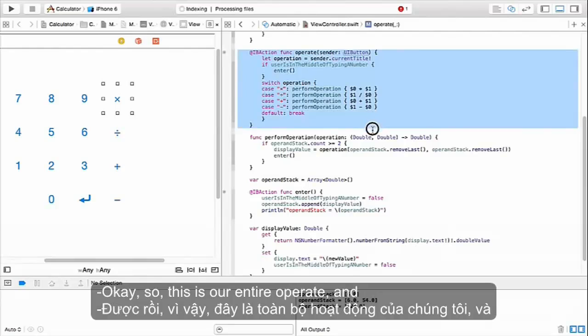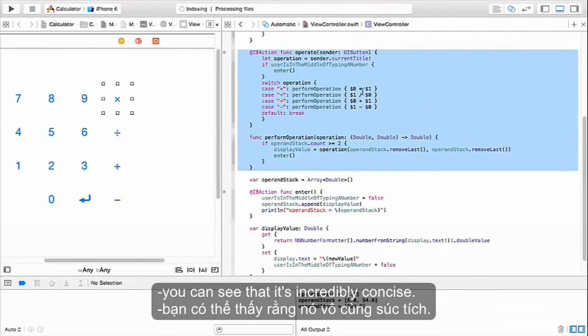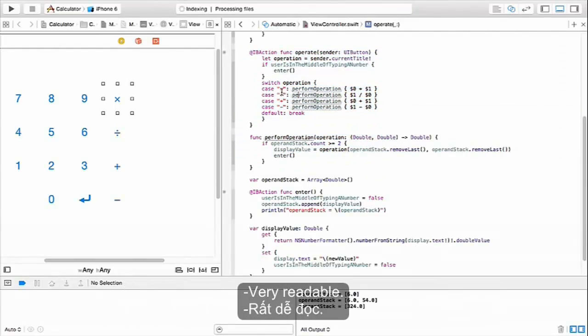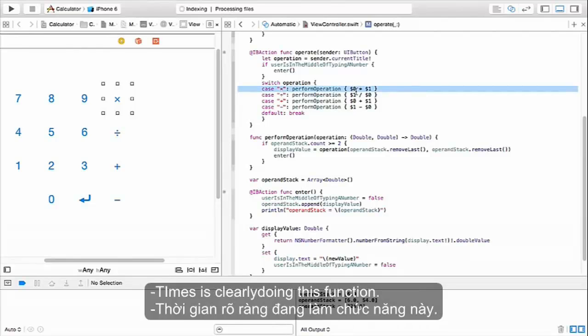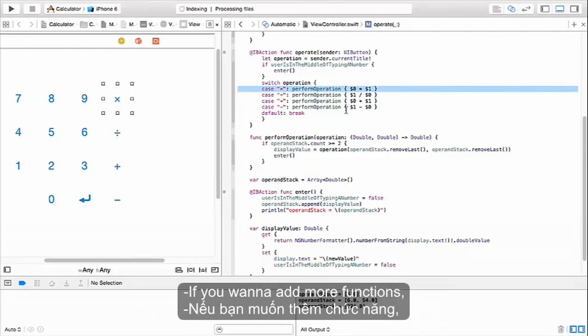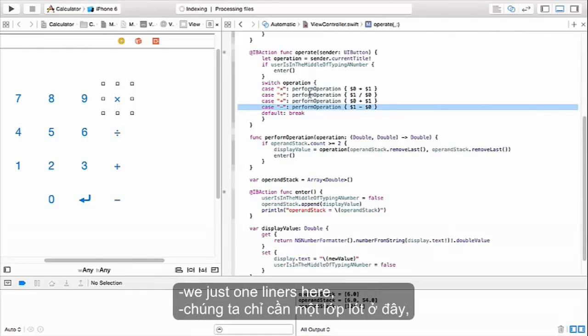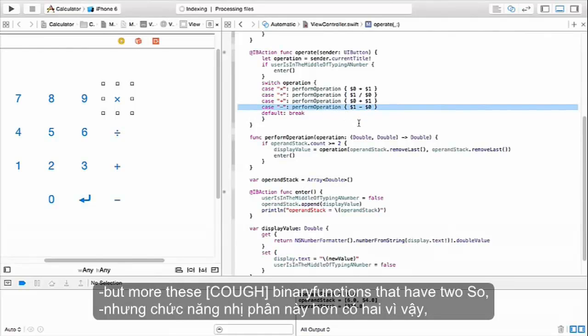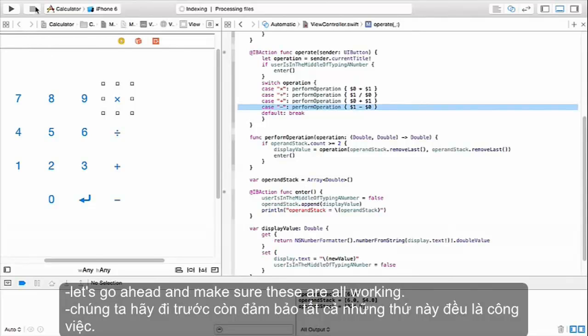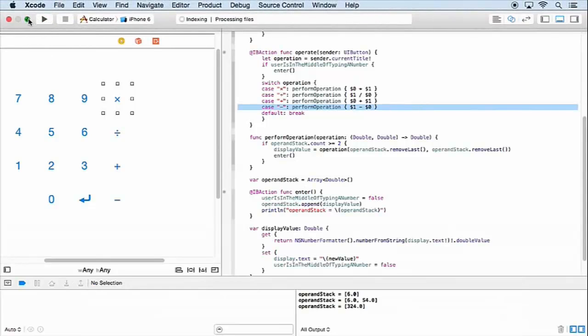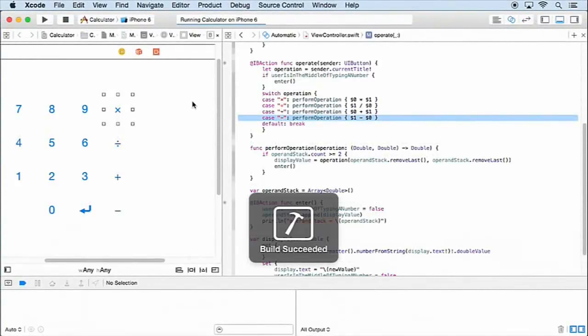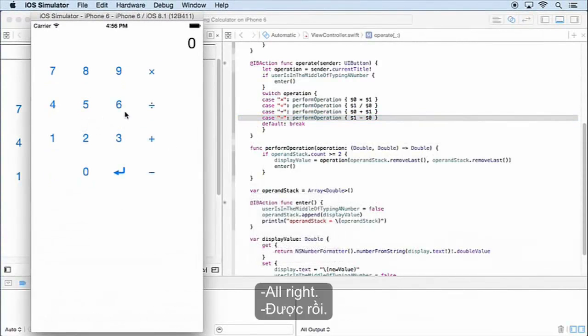Okay, so this is our entire operate, and you can see that it's incredibly concise, very readable. It's clearly doing this function, and very extensible. If we want to add more functions, we just add one-liners here to put in more of these binary functions that have two operands. So let's go ahead and make sure this is all working. All right, so say